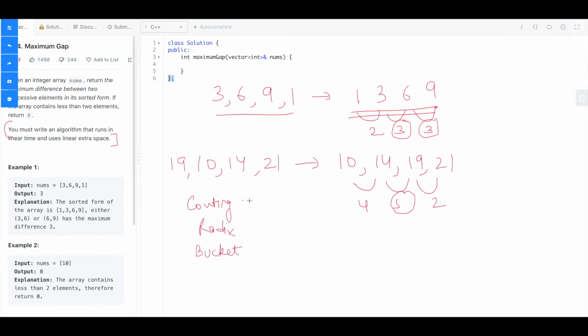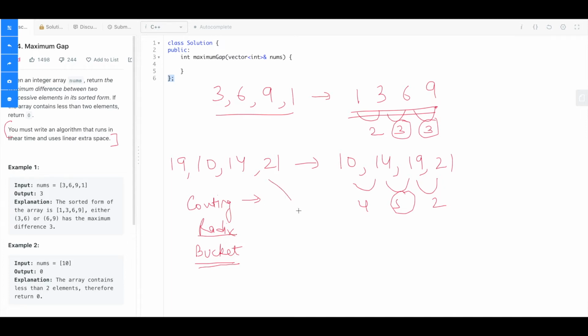Can we do it by counting sort? We probably can, but it does not have any application. Can we do it by radix sort? Yes, but again, with radix sort also we will not get the answer within the process. But if we do it by bucket sort, we bucketize the numbers, and then we can get the minimum difference in every bucket. We can sort the numbers internally in the bucket and find out the minimum difference.